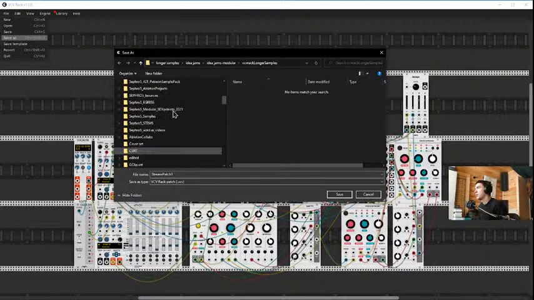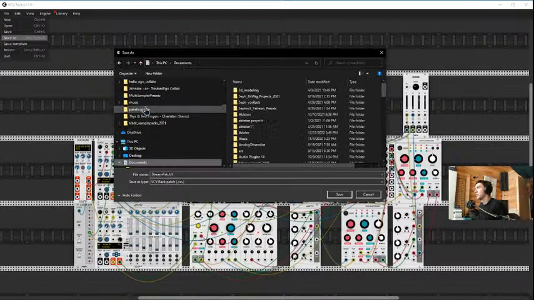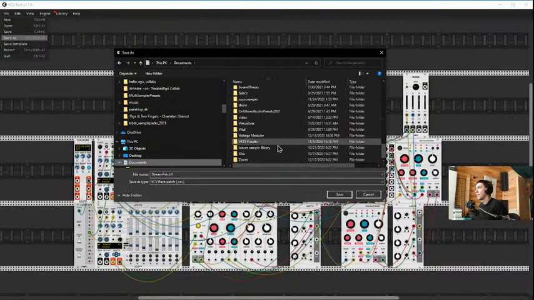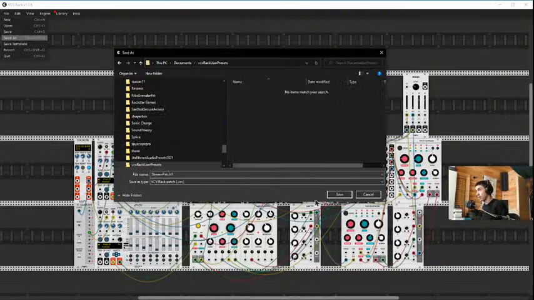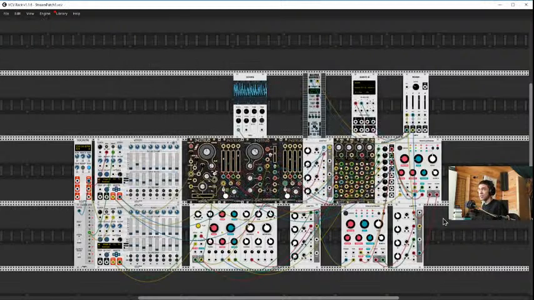Let's do, I'll just make a new folder in my documents. Of course, I swore I already did this. It must have been on my old computer. VCV Rack user presets. So we'll put our VCV Rack files in there,